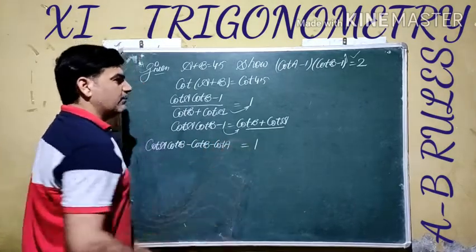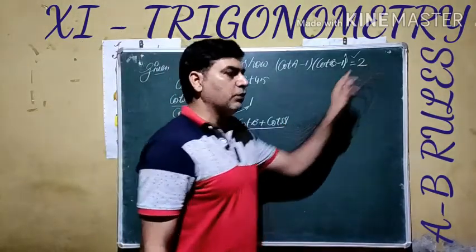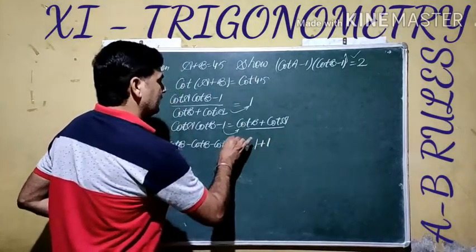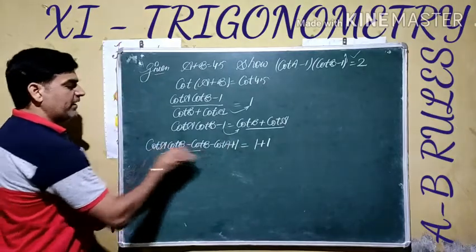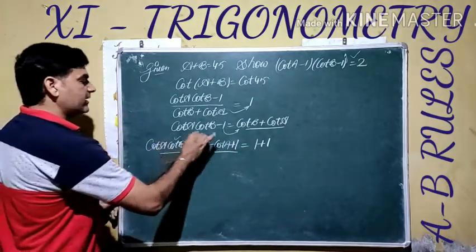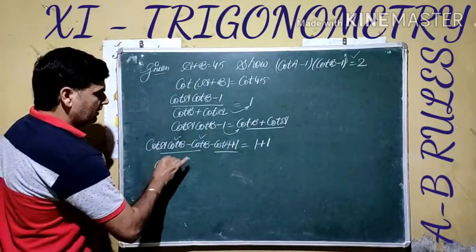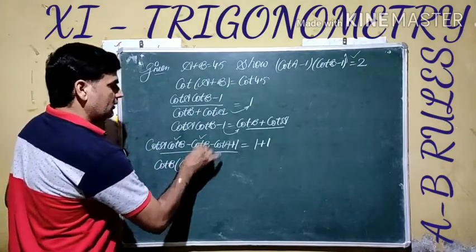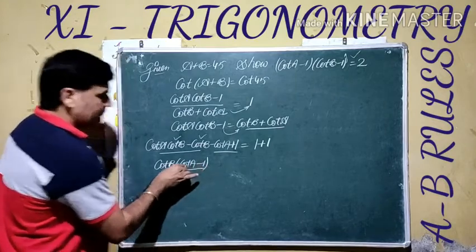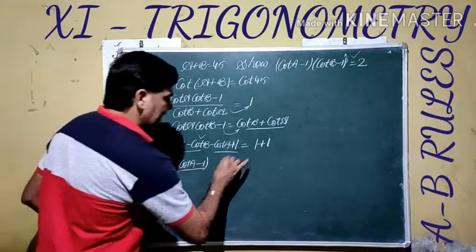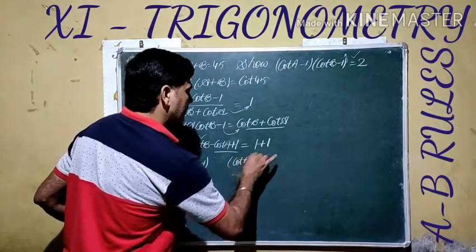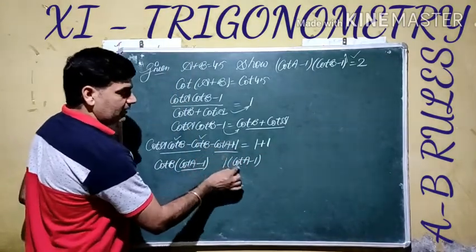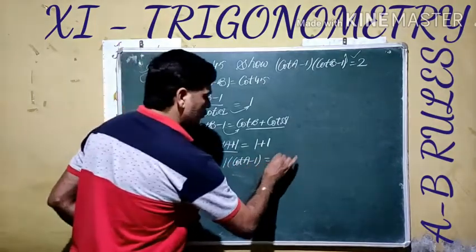Now again if we see our proof, in the constant we require 2, but we are getting 1. To make it 2, add 1 on the right side and 1 on the left hand side. Now making pairs and taking common. Here cot B is common, we get cot A left, and for the full value common, 1. As the factorization should be the same, the second bracket should come out the same. What do we do here? Nothing is common, it means 1 is common. The negative value becomes positive, sign change, is equal to 2.